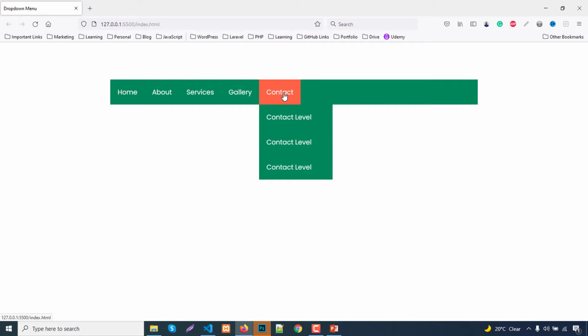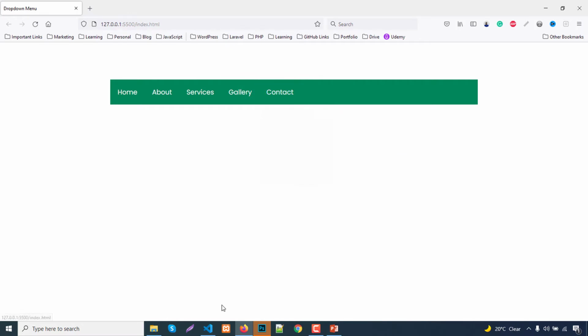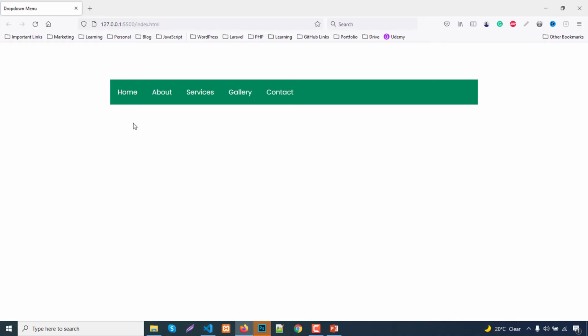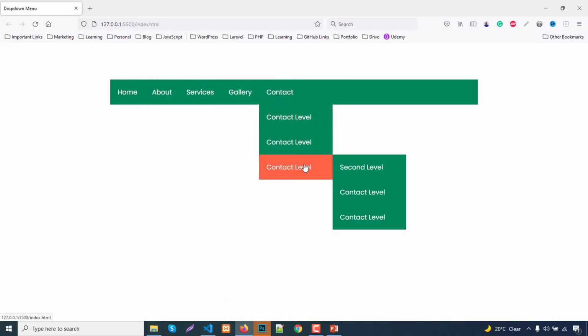If you want a border button like ul, you can easily use it by code. So hopefully you understand how to make a multi-level drop down menu. If you need another level, you can add it same as the second level.